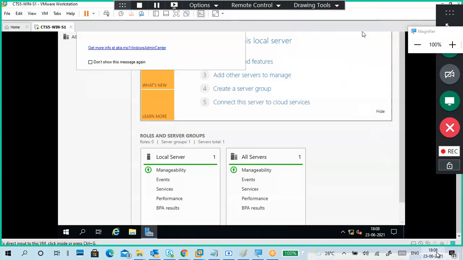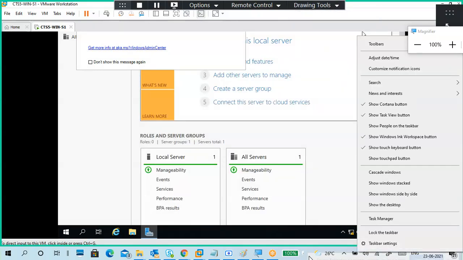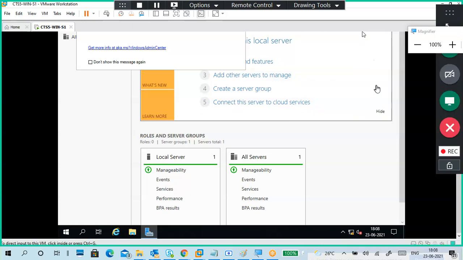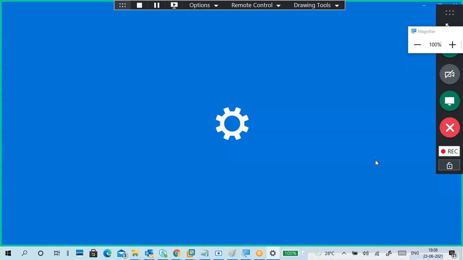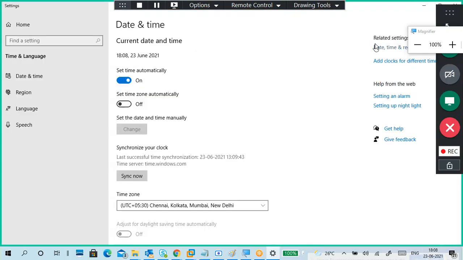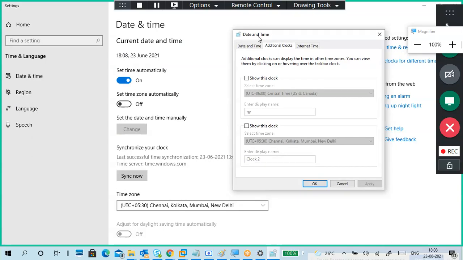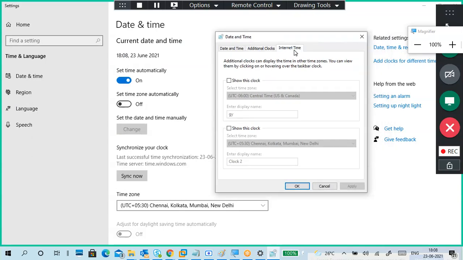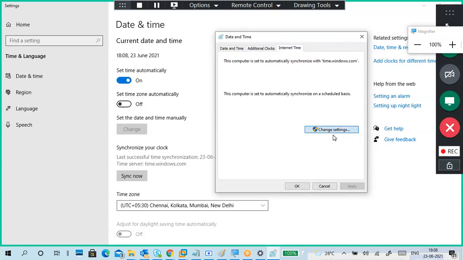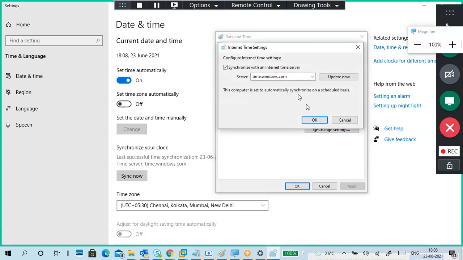So they want a physical machine. Yeah, I'm talking about the physical machine only. I'm going to adjust date and time. I'm going to this additional clock for a different time, date and time, internet time, change settings again.